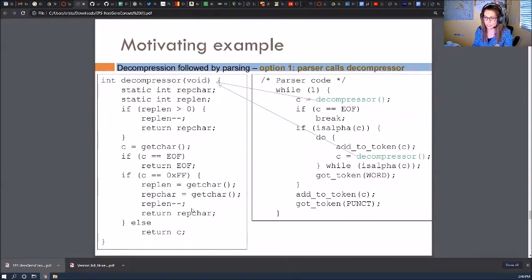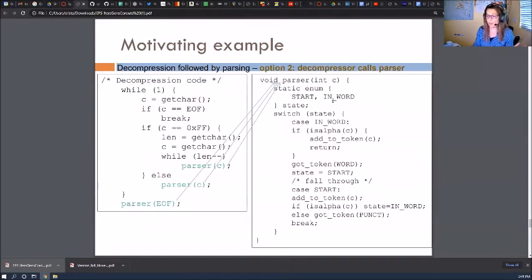The decompressor is a passive function, and it's the parser code that is the active one that asks for characters from the decompressor. So this is a pull mode, pulling characters. But you can do it the other way around, right? You can also have the decompression code be the active one, and the parser be the passive one.